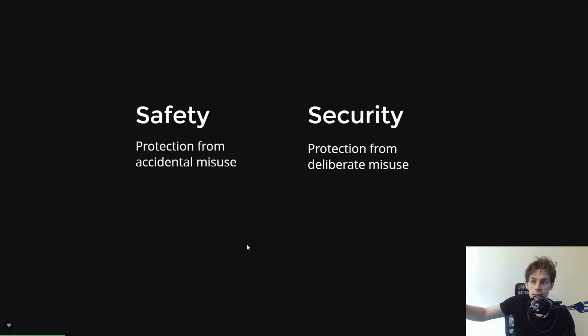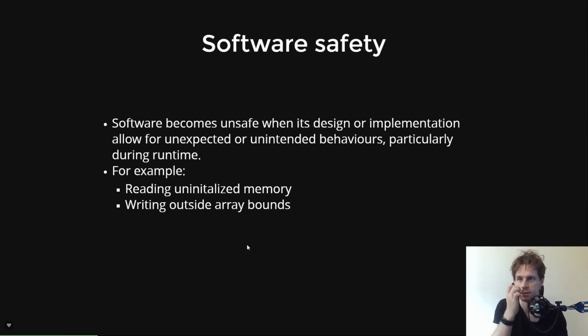So that's security. Software safety, though, is protection from accidental misuse. It's trying to protect it from you, right? Because you're the dangerous one here. No one's out there to destroy or take down your UNSW Screams application. No one cares, right? You're just trying to protect your code from yourself, from accidental misuse. So that's what software safety is. Software becomes unsafe when it's designed or implemented to allow unexpected or unintended behaviors, basically bugs, and typically during runtime as well. So you write software that you think works, but then it has bugs during runtime.